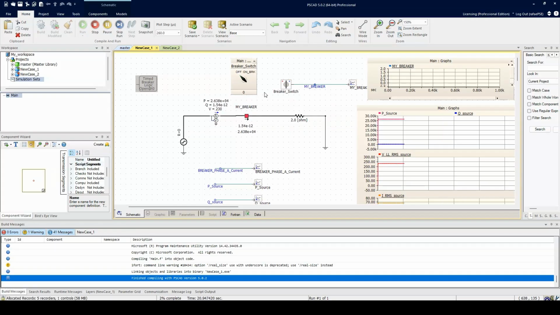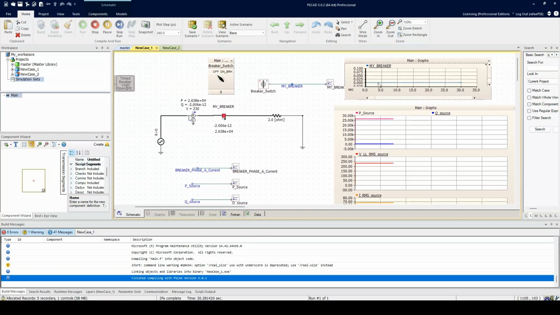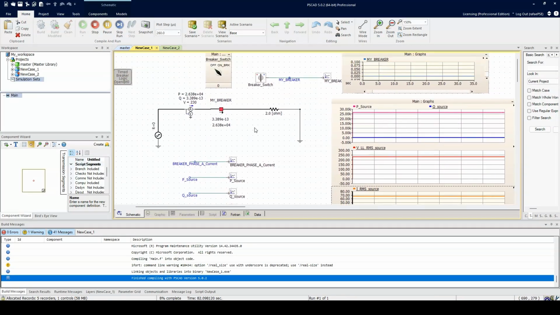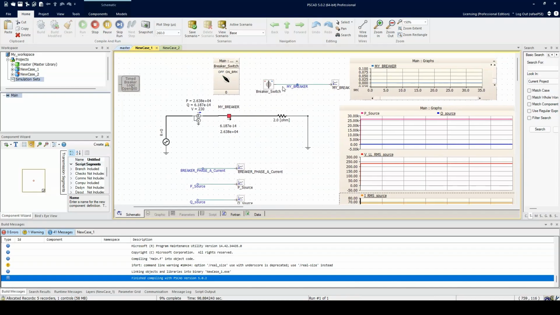Okay, so now that the simulation is running, you can see right here it says 0, and it's outputting a 0, which, think about it, is a little bit counterintuitive. When the breaker switch outputs a 0, the breaker is actually in a closed position. So my name of off is not correct. And then if I now click it to, let's say, 1, you can see right there,